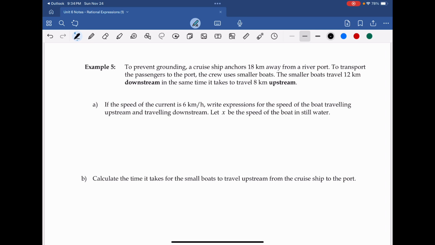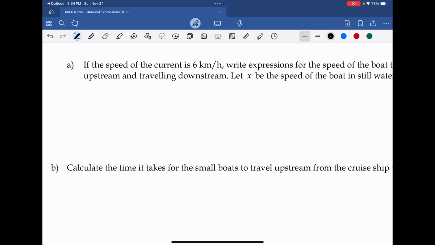So what that means is when you go downstream, you're getting helped by the current. If you go upstream, you're going into the current and it's affecting you. So what we want to do is, they say if in A here, the speed of the current is moving at 6 kilometers per hour, let's write some expressions that represent the speed upstream and downstream. First of all, let's talk about downstream. We're going to say let x plus 6 kilometers per hour